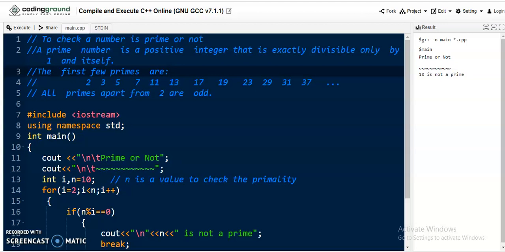Whenever we are talking about efficiency, we calculate the efficiency in two ways. One is based on the memory space, another one is based on the time. We improve the efficiency of the program in these two ways, based on the memory usage or based on the time needed to execute the program.